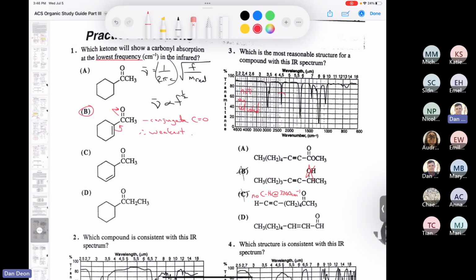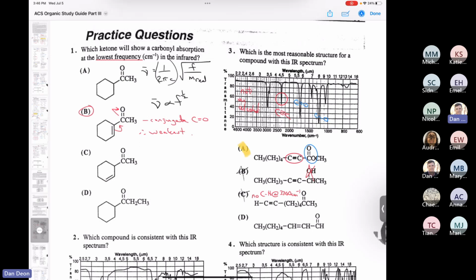But you notice that we have a stretch here, right? We have a stretch here around 2150 to 2100. And so this would be a carbon-carbon triple bond stretch, right? So we do have a triple bond in there. And then we also have a carbon-oxygen double bond stretch from an ester and a carbon-oxygen single bond stretch from an ester. So we have this functional group and we have this functional group, and therefore the answer must be